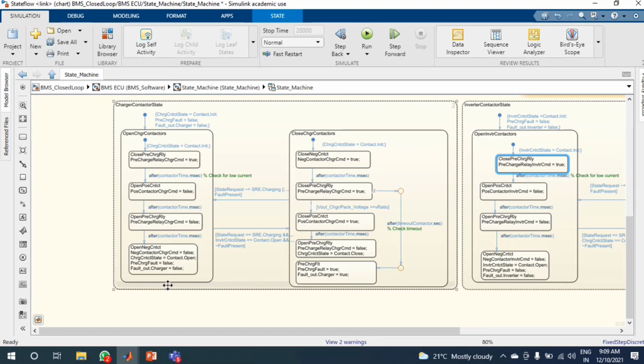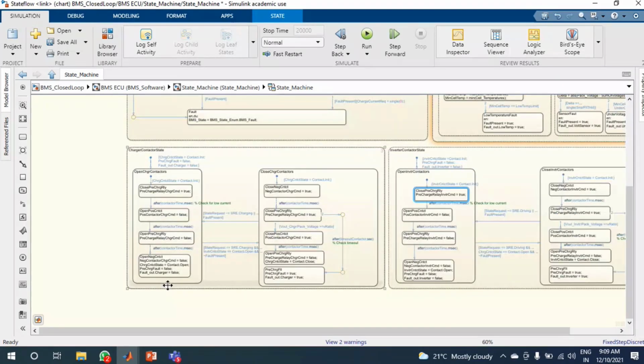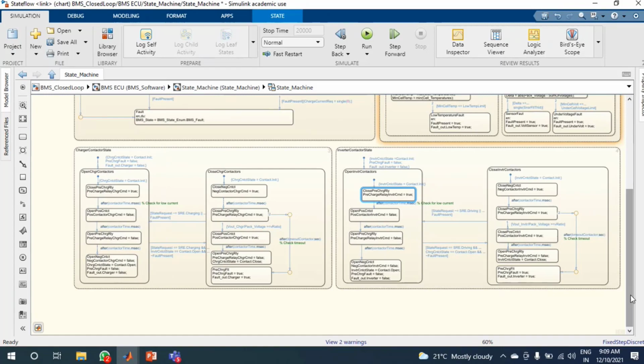So this is one important point: if the vehicle wanted to start immediately, you have to wait at least 1 to 3 seconds. That is the minimum time you have to wait from when you plug in your key to the start of the vehicle, because the vehicle has to check all the connections carefully.